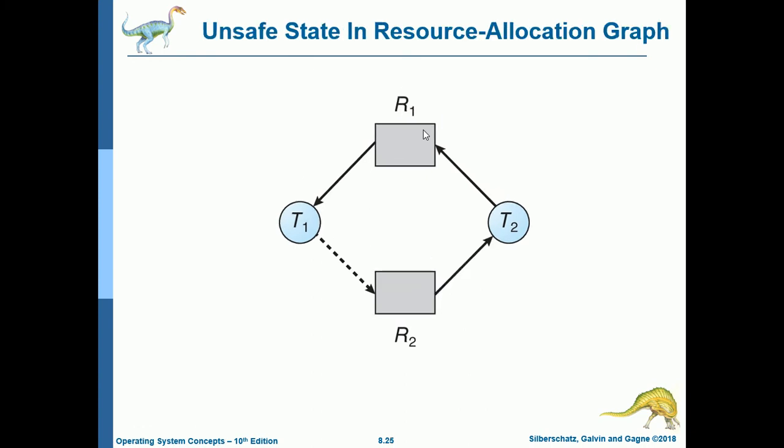So this is already an unsafe state in the resource allocation graph. Why? Because as you can see here, T sub 2 already has the resource 2 assignment edge. And then T sub 2 needs the resource R sub 1, which is held by T sub 1. And since this is a claim edge, this is already an unsafe state because once this becomes a